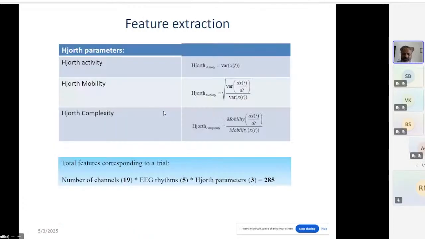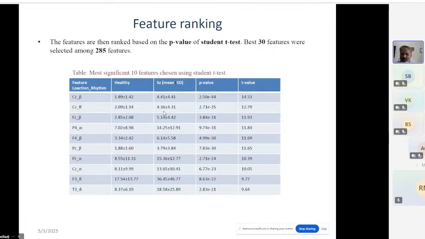So these features, Hjorth activity, mobility and complexity, are studied widely in the brain computer interface. But due to many advantages, we have also studied them here in schizophrenia detection. If you see the total features now, the number of channels is 90 and the terms are 5, 0.3, so 285. In order, the parsimony principle says that you should not use more features or parameters or model